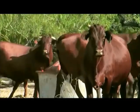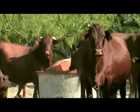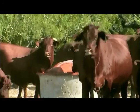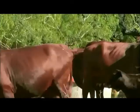Accuration Liquid being out on a year-round basis allows that cow again to eat what she needs on a daily basis when she needs it, so that we're not in that overconsumption and underconsumption type area. And because we keep her in better condition on a year-round basis, that allows that cow never to slip back to a point where she has to make up condition to get back in shape to where